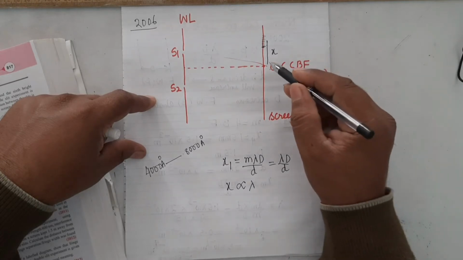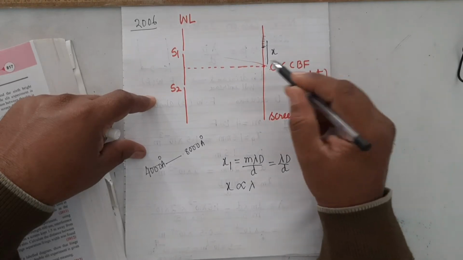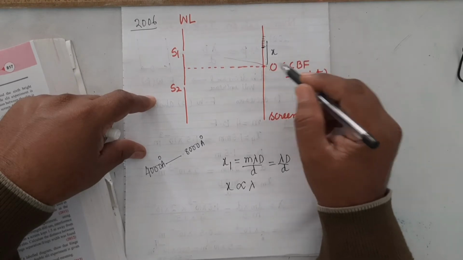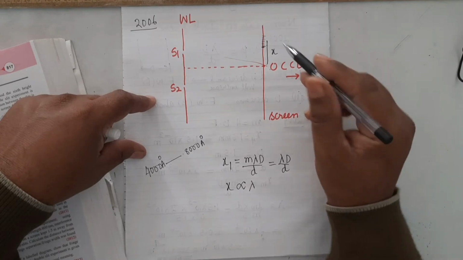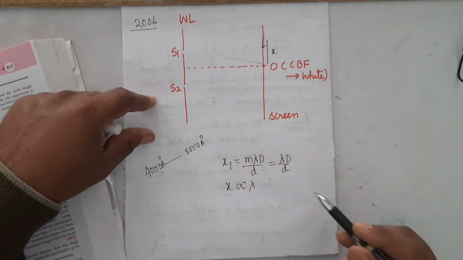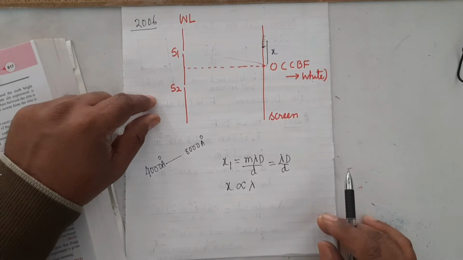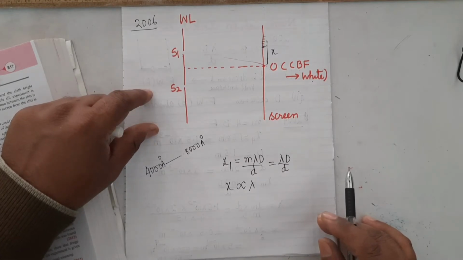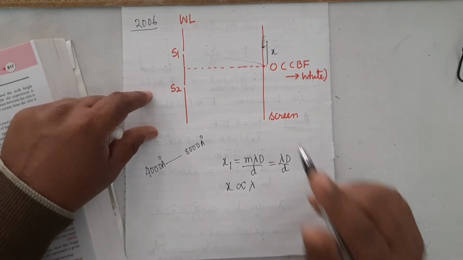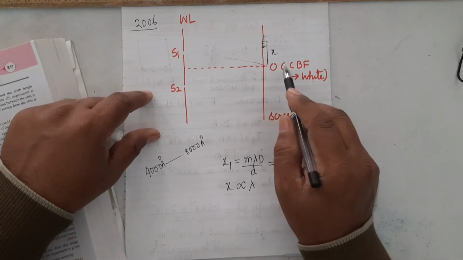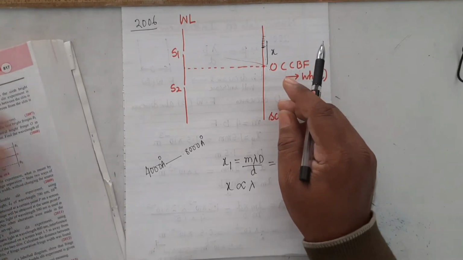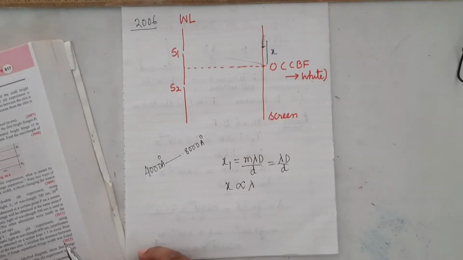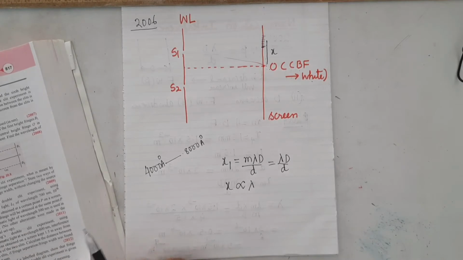Therefore, on either side of the white central bright fringe, जो central bright fringe जो white है उसके दोनों तरफ क्या होंगी? There will be colored fringes and then there will be a general illumination, because all the colors will overlap and therefore there will be white light. It's clear. So you simply write: central bright fringe will be white. On either side of that there will be a few colored fringes. It's clear. So this question has been asked in 2006.